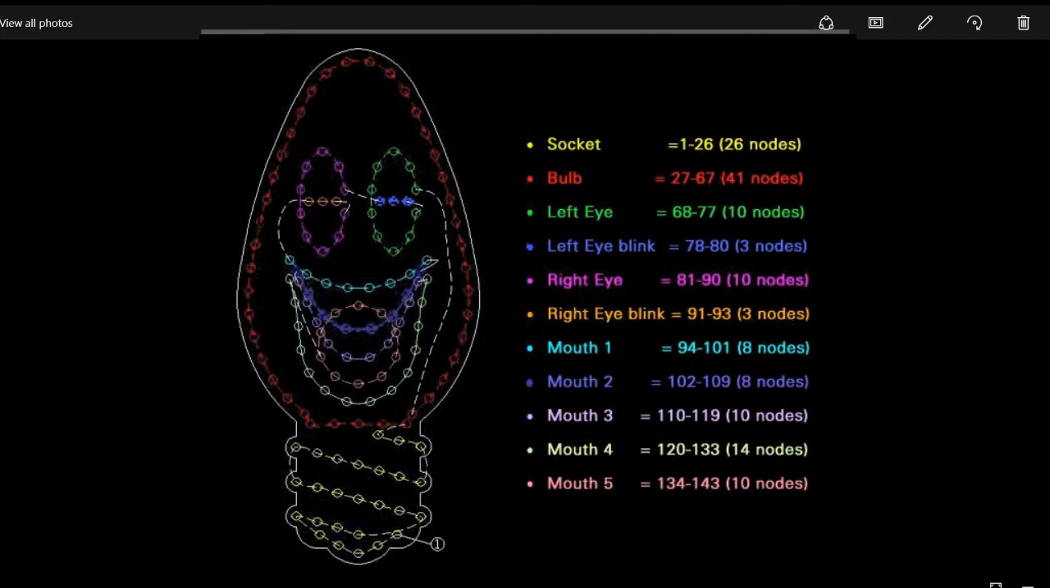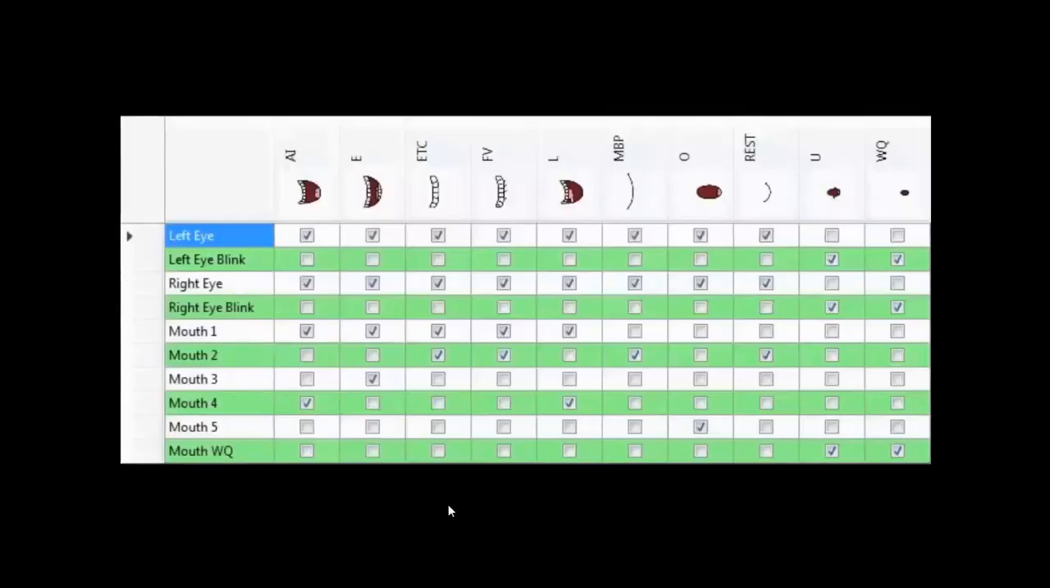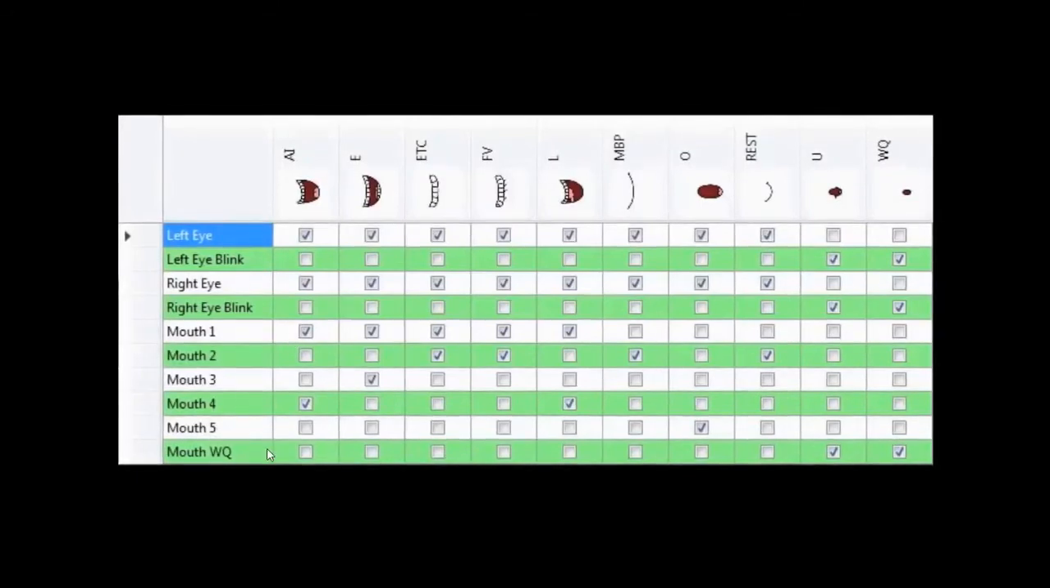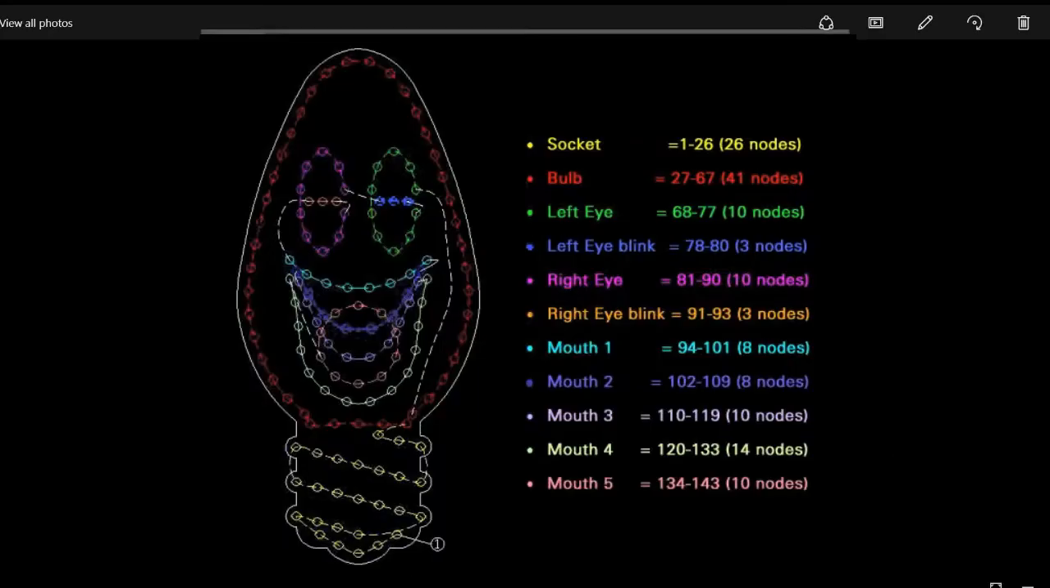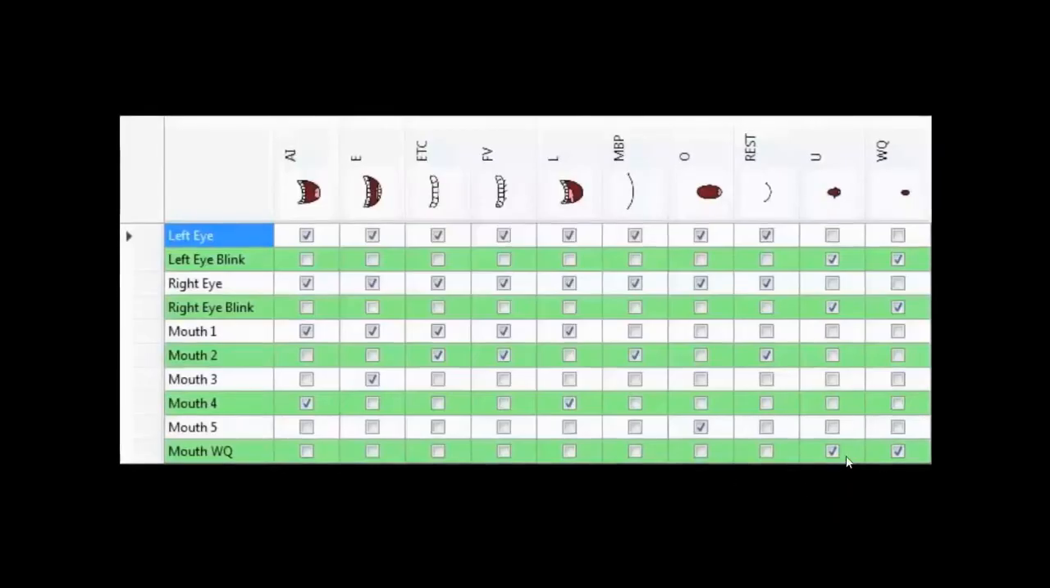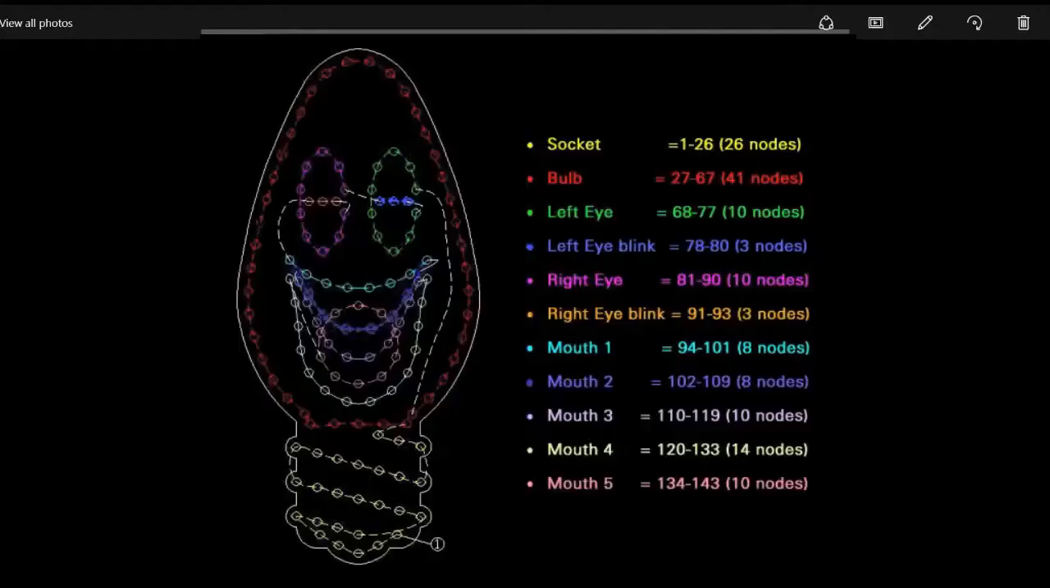Again, it just tells you mouth 1, 2, 3, 4, and 5. What it doesn't tell you is which mouths to use. This image happens to, though. This image is actually for that face, and it gives you the mouth 1, 2, 3, 4, and 5. For some reason, they don't give you anything for WQ, and so you either have to reuse what you're using for O, or in this case, you could